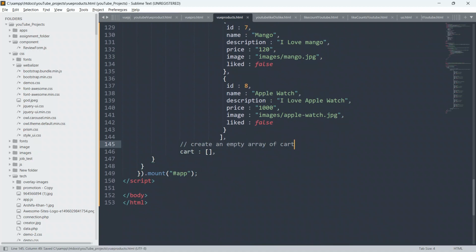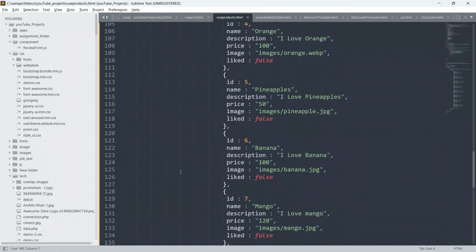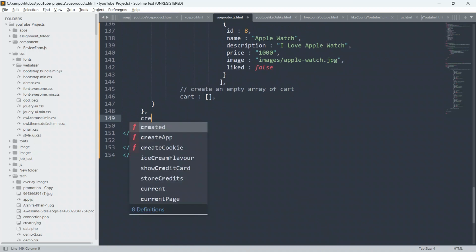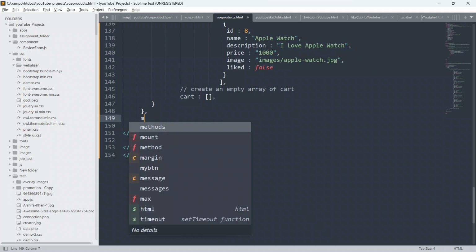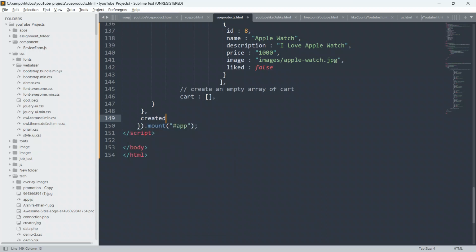Okay, so now it's done. So give comma, and guys, we have to write our script. Okay, I will create mounted, created. Okay, sorry guys, created.